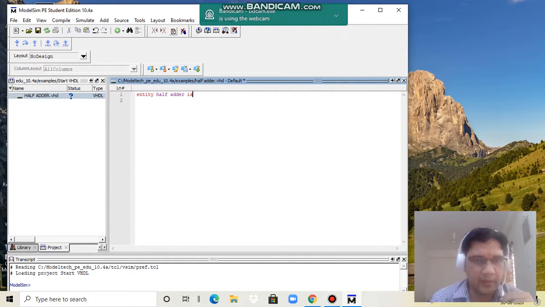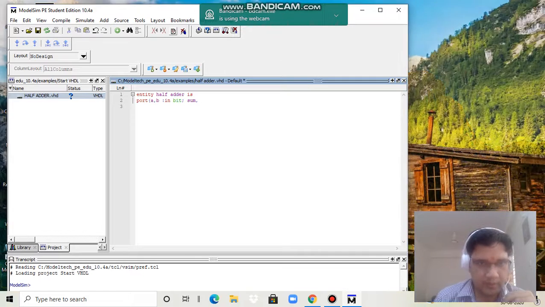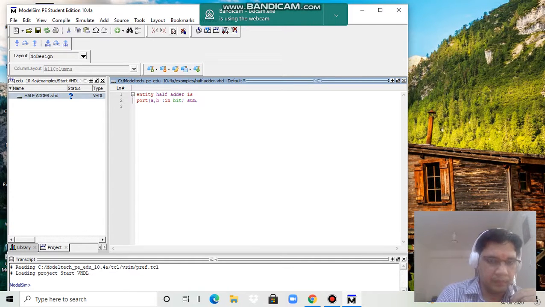So it is the first declaration. It is called the entity declaration. Then port. In the port we have to declare the input and output pins and their type, whether these are input type or output type or in-out type. So I declare here two input bits, A and B, and two outputs, sum and carry.